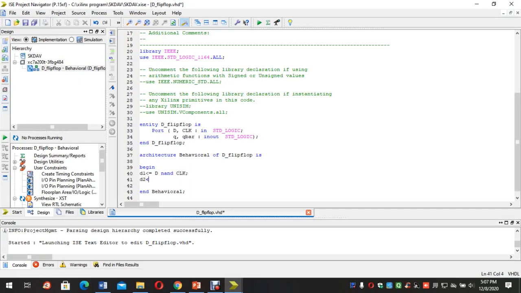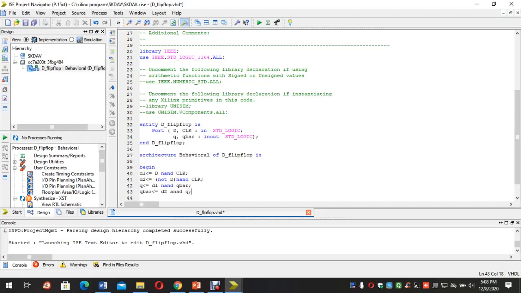Then D2 assignment operator, not D NAND CLK, then Q assignment operator, D1 NAND Q bar, Q bar assignment operator, D2 NAND Q.